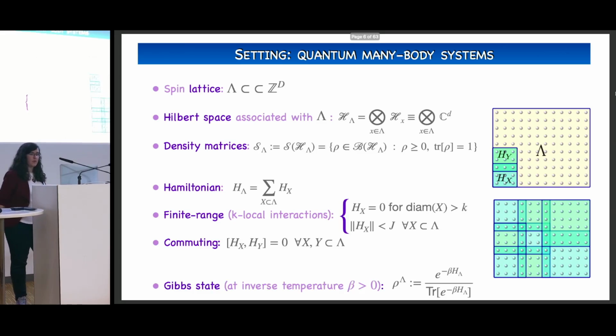The main object that we will consider in this talk is the Gibbs state. We will consider the Gibbs state of this Hamiltonian at a certain inverse temperature beta larger than 0, written as rho super Lambda. I will emphasize this: every time that I write a superindex, that means the region where I'm considering the Hamiltonian. So my Gibbs state is the exponential of minus beta H_Lambda, normalized. It's important that here I'm considering the Hamiltonian H sub Lambda. This is something that I will emphasize later as well when it appears.